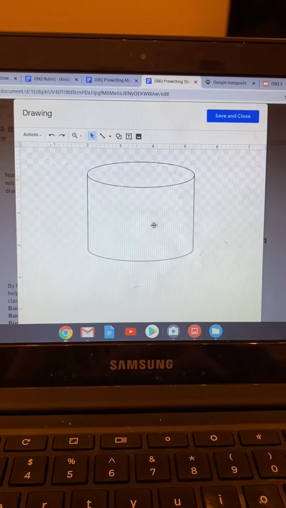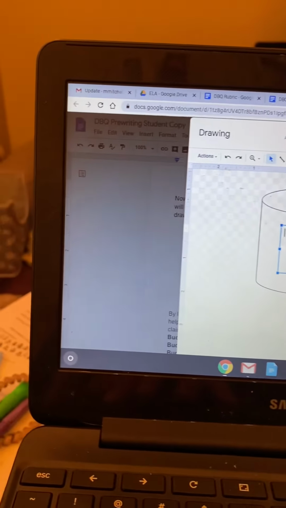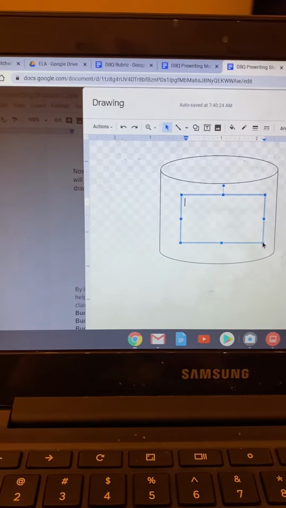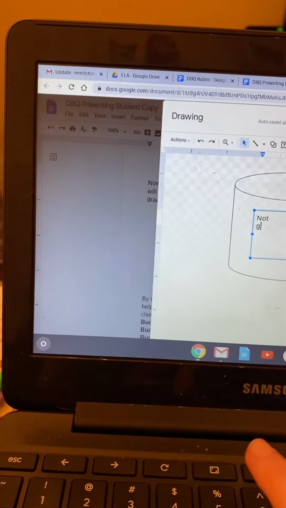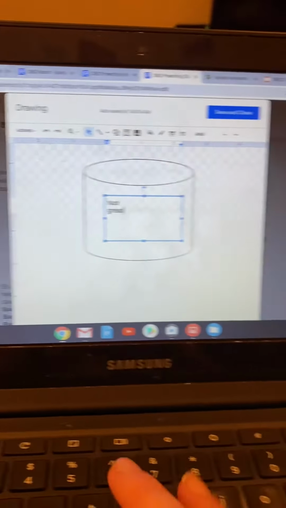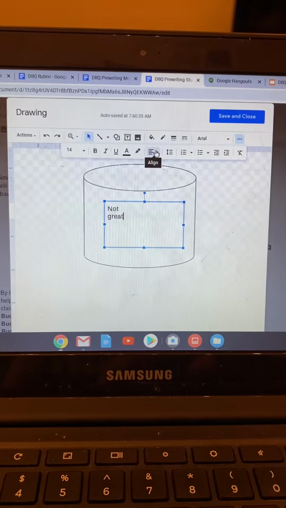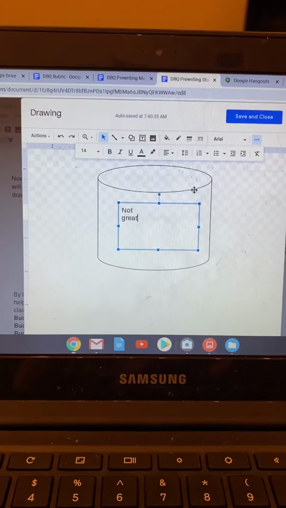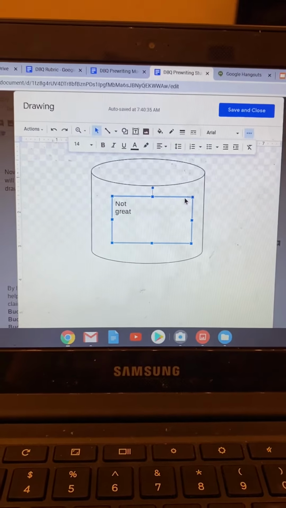And then what you do is you bring it down here and you actually just draw the text box. And there it is. And then you would type either great or not great. Okay, if you want to, make the font bigger, that's up here. You can center it, but I'm not really concerned about what it looks like. What's important is getting your pre-writing done. This is really going to help you outline your essay, which is what we are starting in social studies tomorrow.